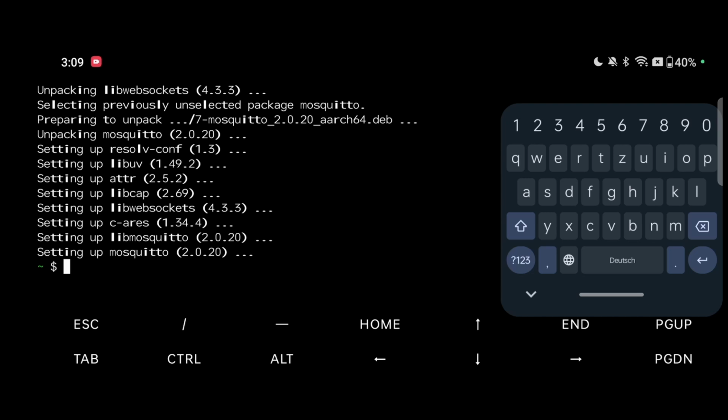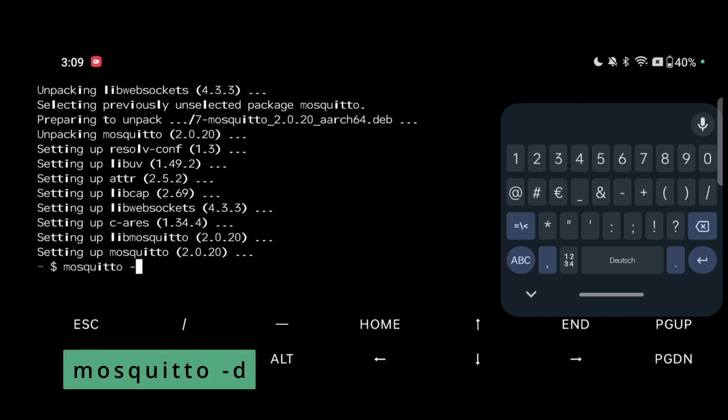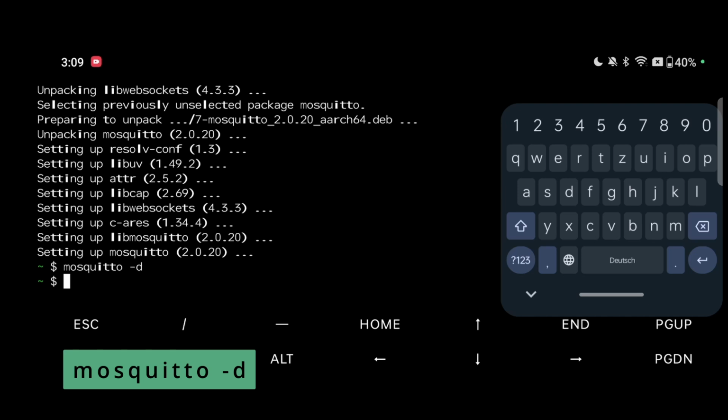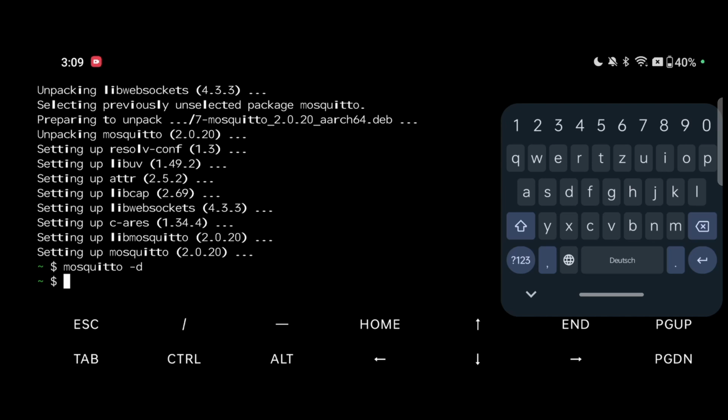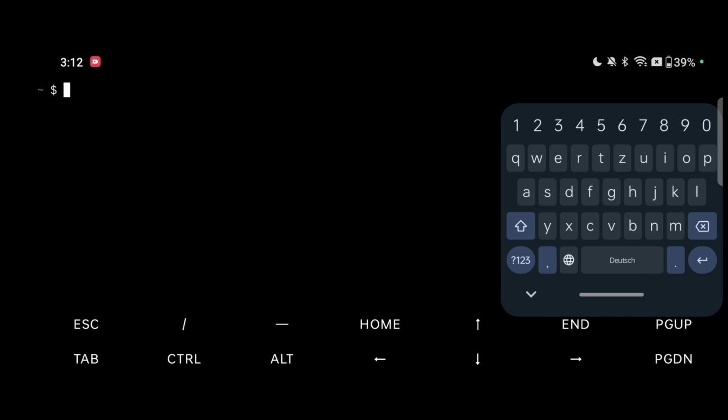To start the broker, use this command. We will write mosquitto -d. This has started the broker in daemon mode, allowing it to run in the background. Next, we will secure the broker with authentication. To do this, we will have to create a password file by typing